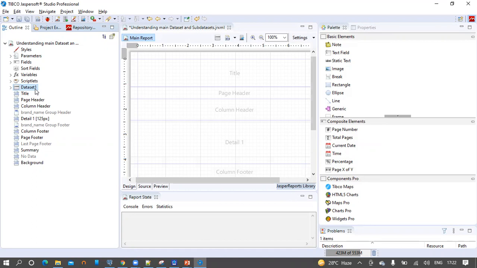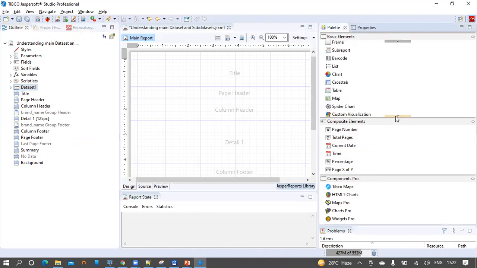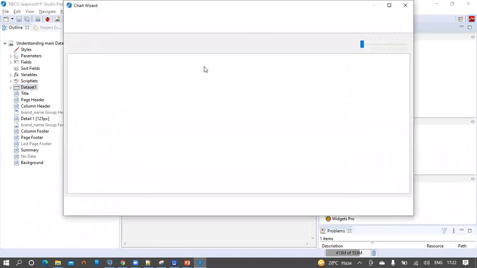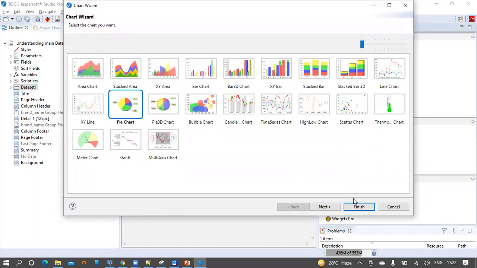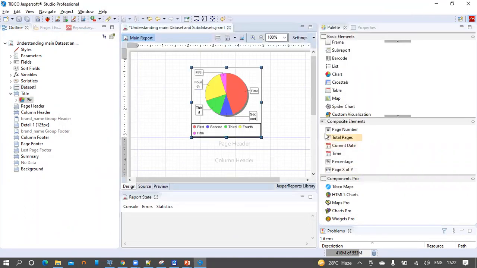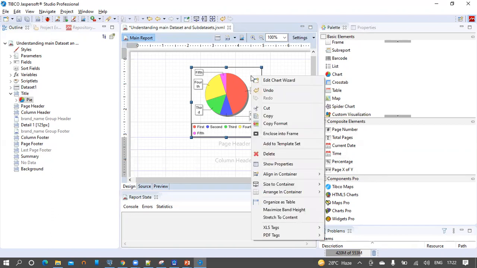Now let us see how we can use this subdataset for an element. For example, I am going to take a chart from the palette window here. So select chart, drag it onto the title band. Let us take a pie chart and click on Finish. We are not going to work with this pie chart, but I am going to show you how we can map this dataset1 to this report element. In this case, it is the pie chart. So right click on the report element, the pie chart, then click on Edit Chart Wizard.